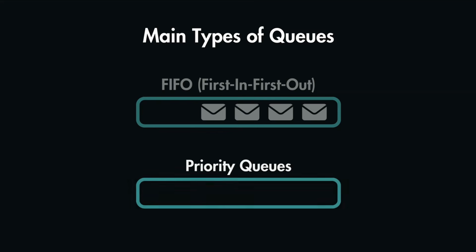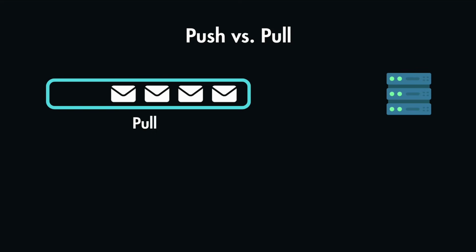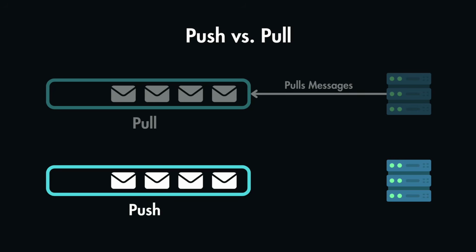Another common type is also priority queues. Some messages might be more important than others, and in this case we can reorder them and we can prioritize these more important messages first. And these queues can also be push-based or pull-based. Some queues are pull-based, meaning they wait for workers or consumers to pull messages from this queue. And on the other hand, some of them are push-based, meaning they actively send messages to the workers to be